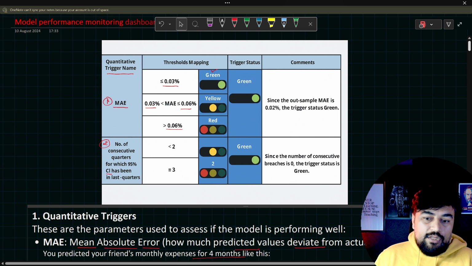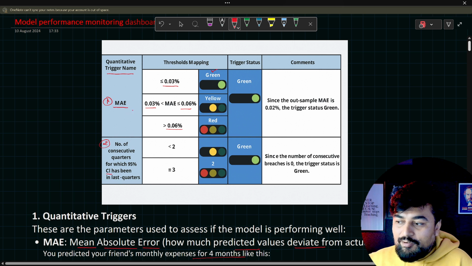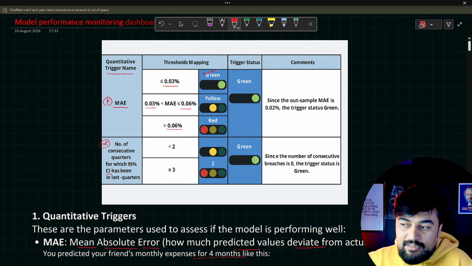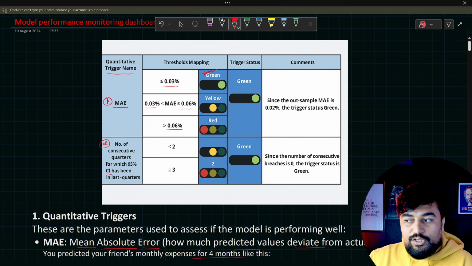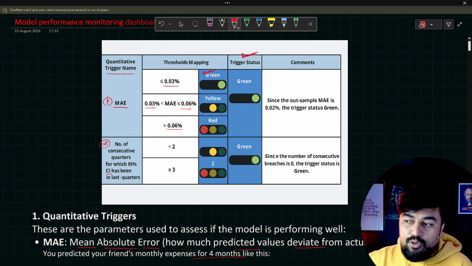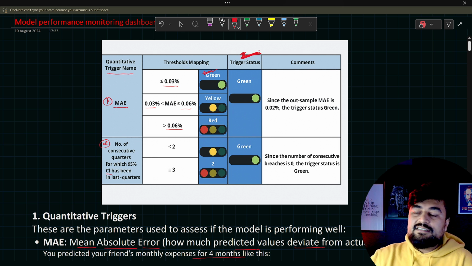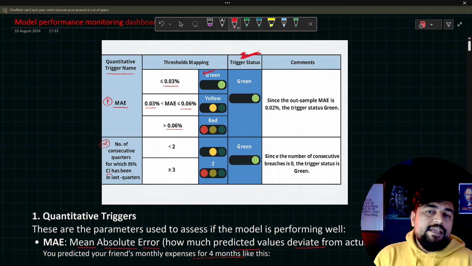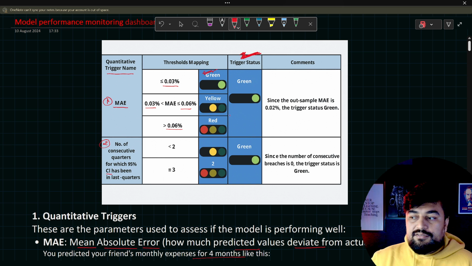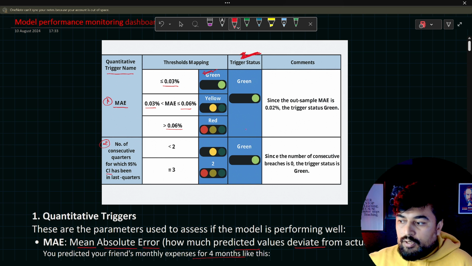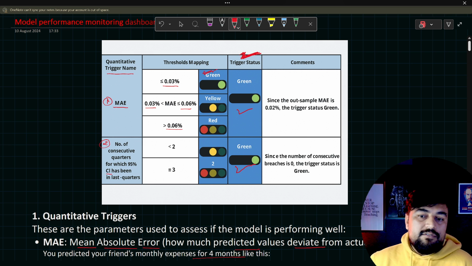Now let's go back to the image. Now you should be able to relate everything. If you see the colors, on the basis of color only you will be able to understand. See, the trigger status is the whole soul of this video. You need to keep a focus on the trigger status. That's how usually these triggers are created. So you will do coding in, let's say, Excel, or in Python, and you will generate these colors as a model developer. Now both are green. MAE is green and confidence interval is green.